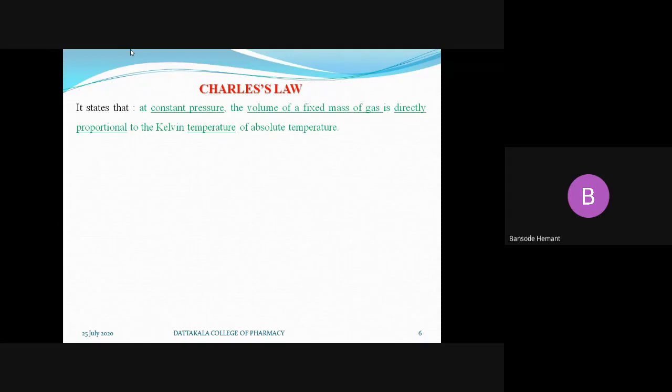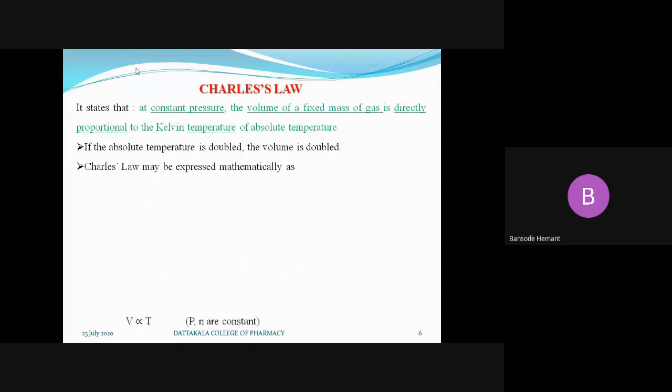or absolute temperature. So here it is written: at a constant pressure, the volume of a fixed mass of gas is directly proportional to the Kelvin temperature, or absolute temperature, of the gas. Mathematically, we can express this relationship. Volume is directly proportional to the temperature at constant pressure and fixed mass of gas, that is, again, n